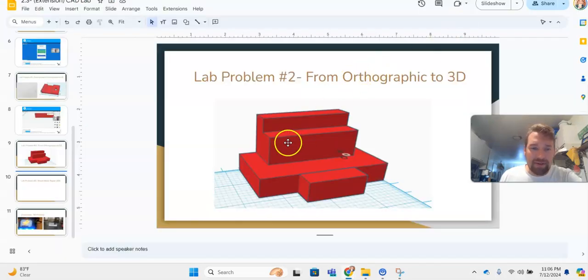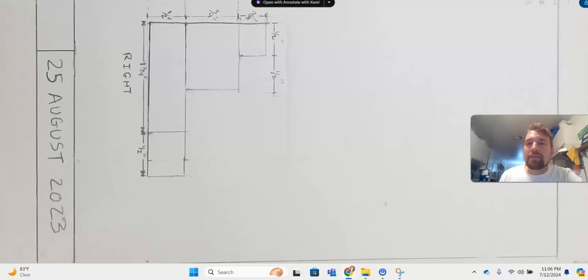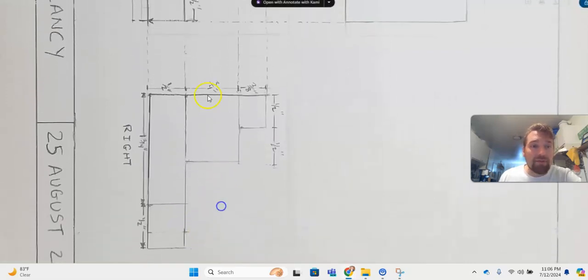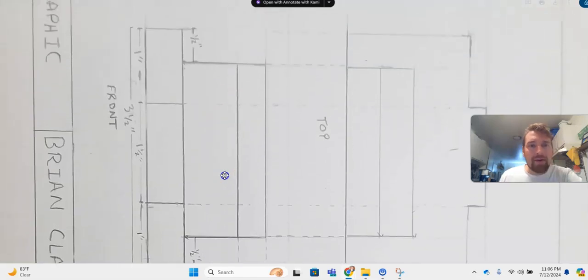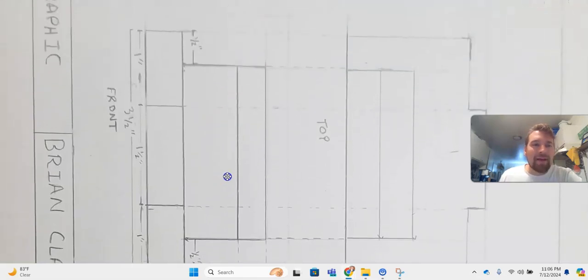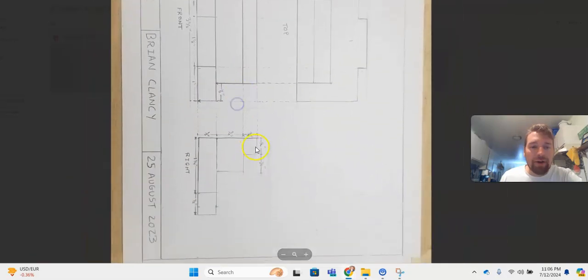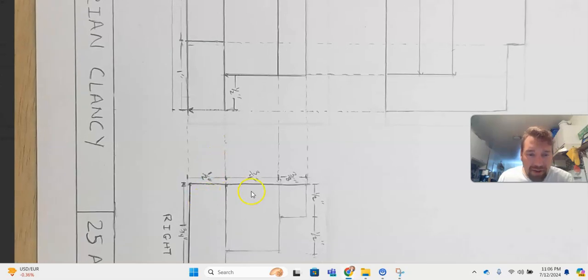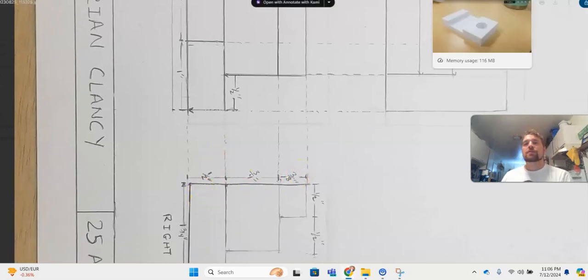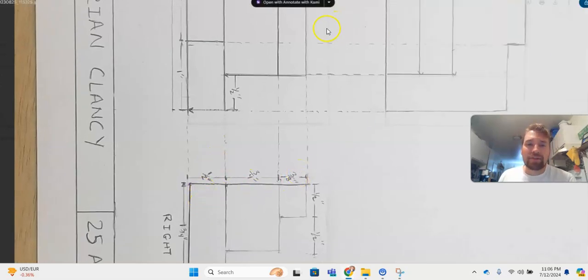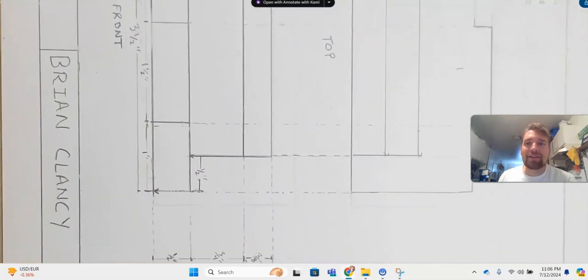Again, this is this part over here, and my dimensions on my view are going to be super helpful to me. I'm going to go with my front view for this one, and what it tells me is that it needs to be 1/2 inch away from the edge in that X direction. And in the Y direction, it's going to be the same because they're all lined up along this line right here. So what I'm going to do to accommodate that, again, we have 1/2 inch right here,